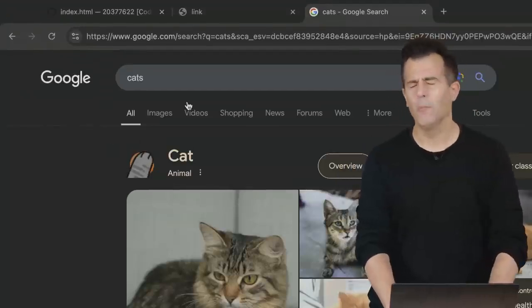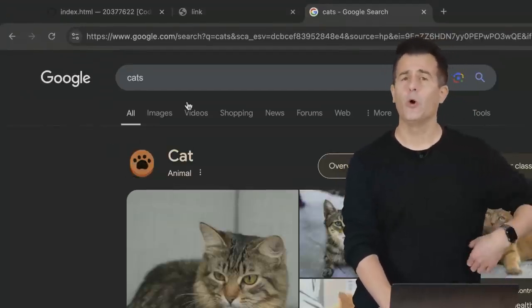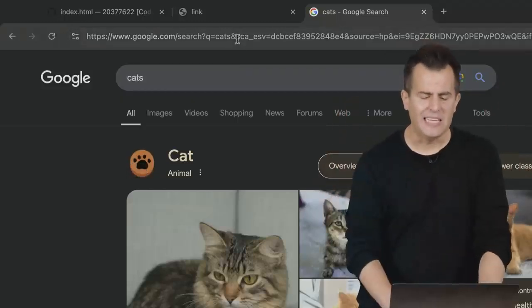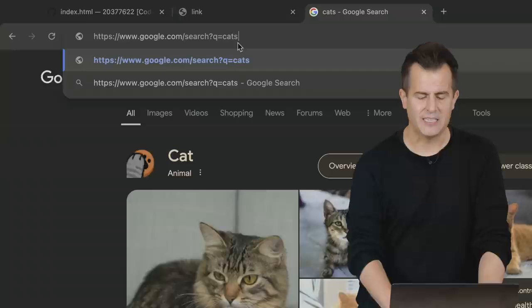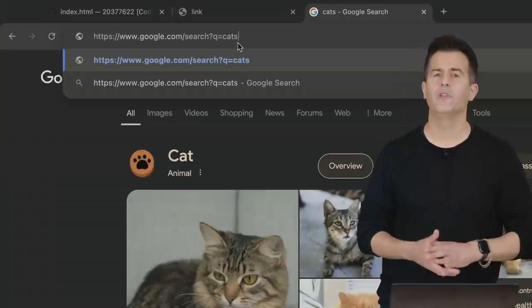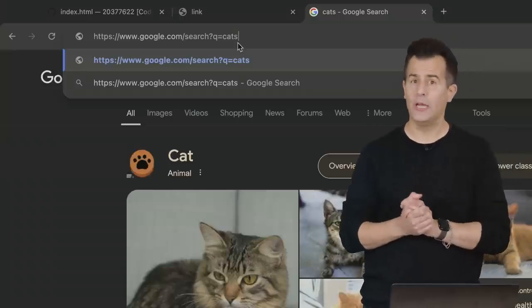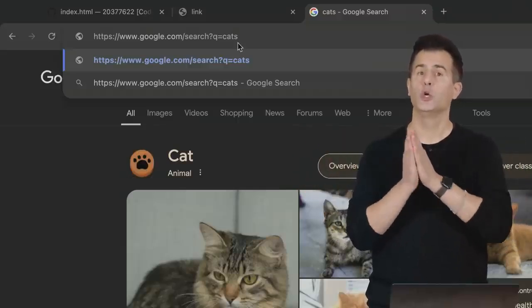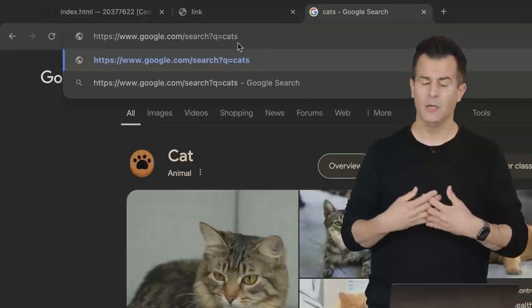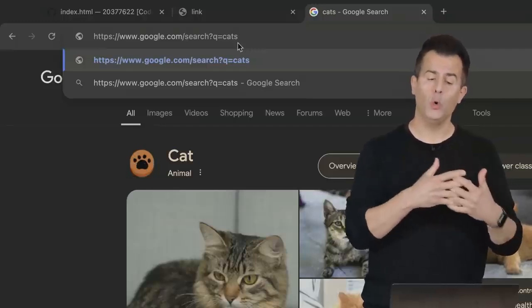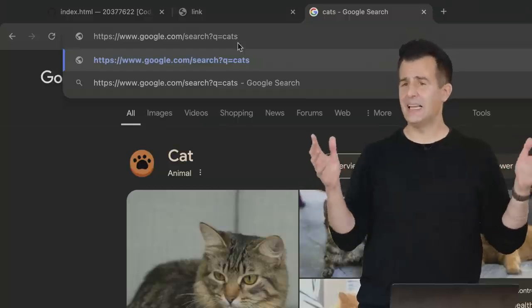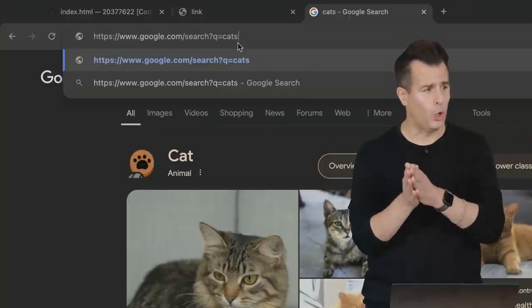very long URL, most of which, frankly, I don't understand, and probably only Google employees would understand what everything is in this URL. But let me delete most everything except the essence of this URL. And what I've left at the top of my browser is only https://www.google.com/search, which is the path, ?q=cats. It turns out, way back in 1999, when Larry and Sergey founded Google and created their very